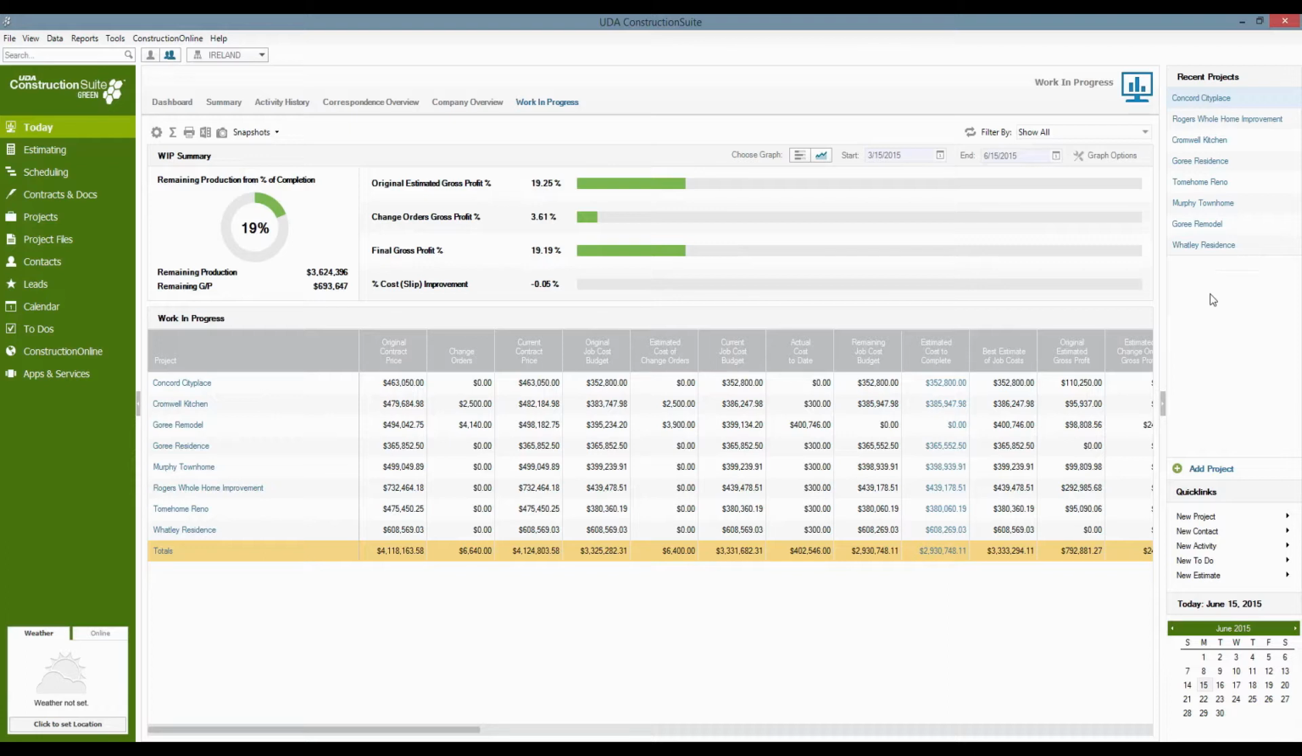We can see recent projects. There's quick links down here. There's a little calendar tab as well. The left side, though, is going to be the navigation panel that we have here in ConstructionSuite. So on this left-hand side, you'll see key components like the Today screen, which we've